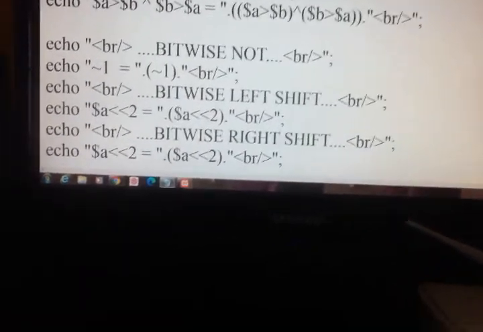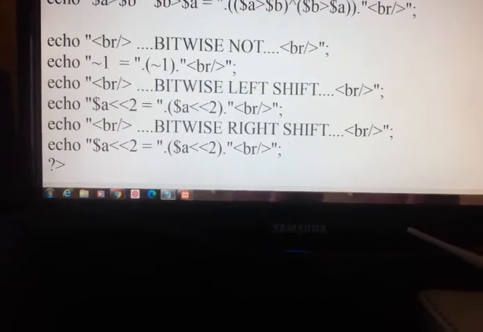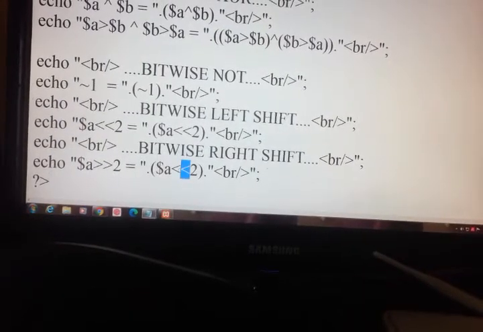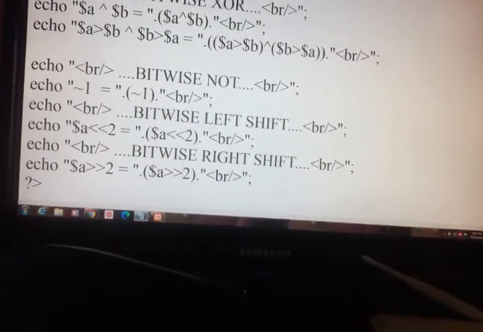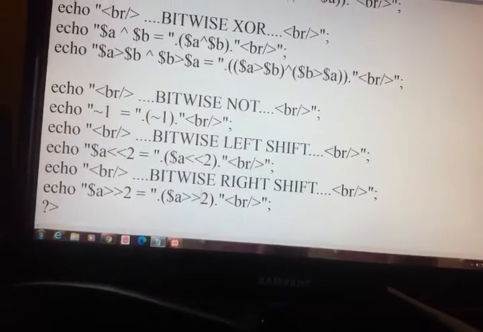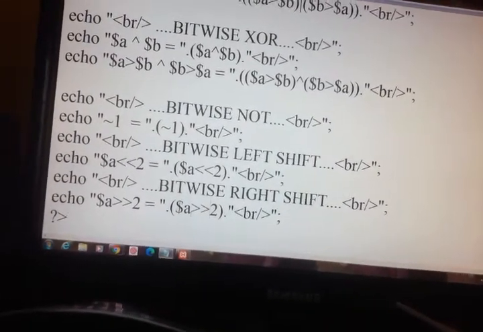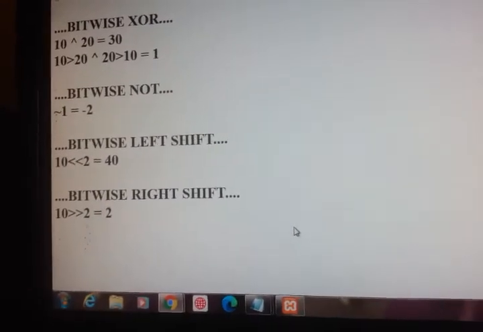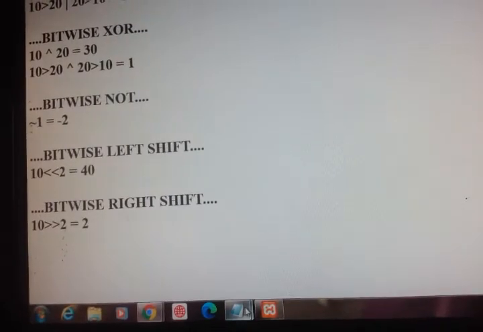Right shift. $a right shift 2, save. For right shift, 10 right shift 2, I got 2. So how I got 2, I will show you.